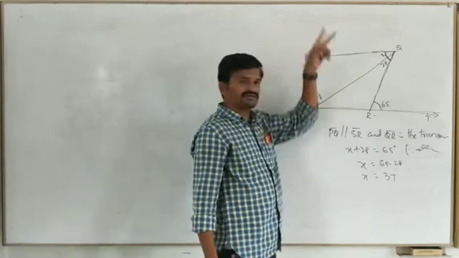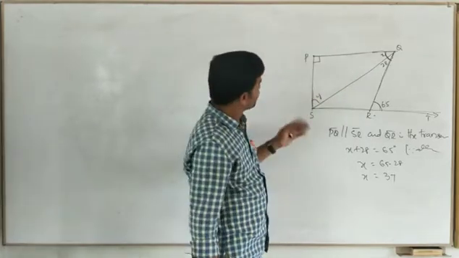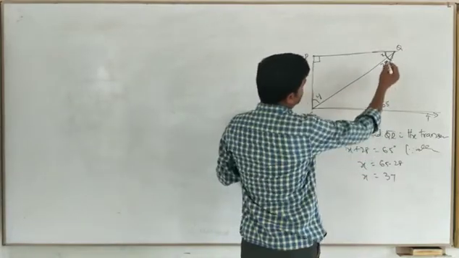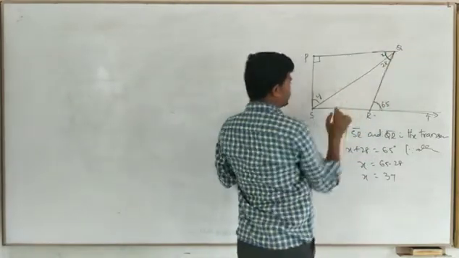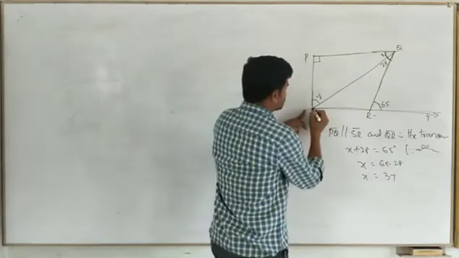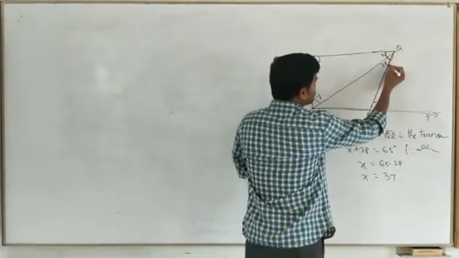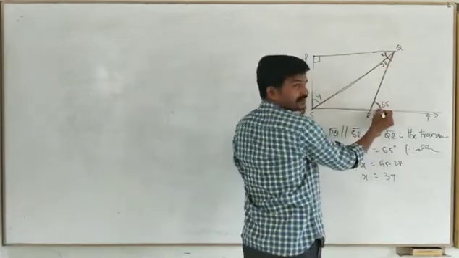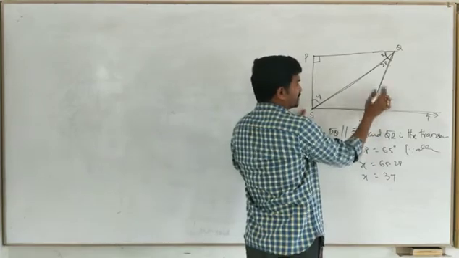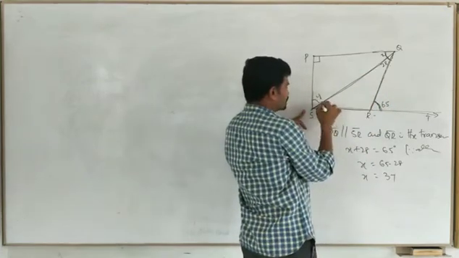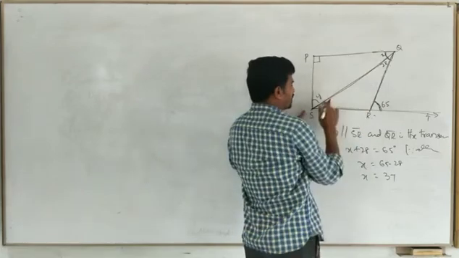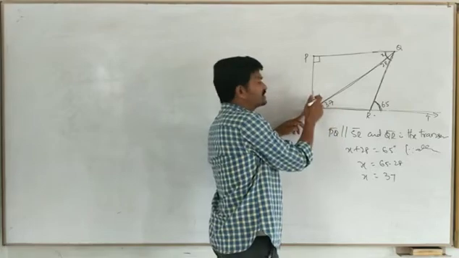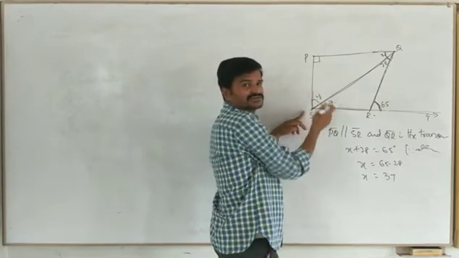37 plus Y plus 90 equals 180. Or else any other condition. One thing. Yes, look at here. In exterior angle of a triangle also we can use. This is a triangle, na? See, in this triangle, this is exterior angle, or not? Yes, sir. When this is exterior angle, this equals this plus this, or not? Yes, sir. So obviously this is how much? 28 plus 37 only 65. So this is 37. Then this is how much? 37 plus Y equals 90.